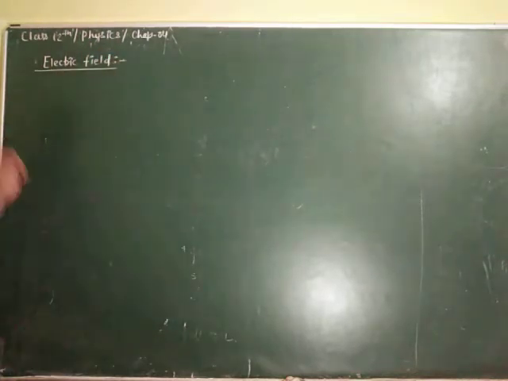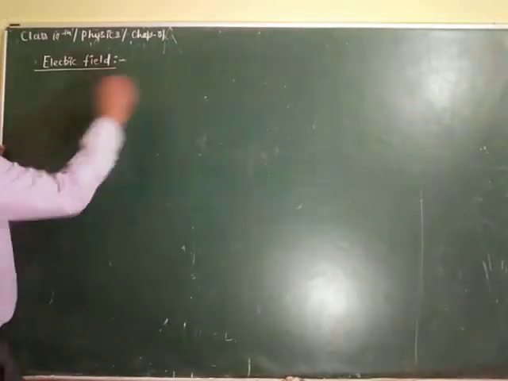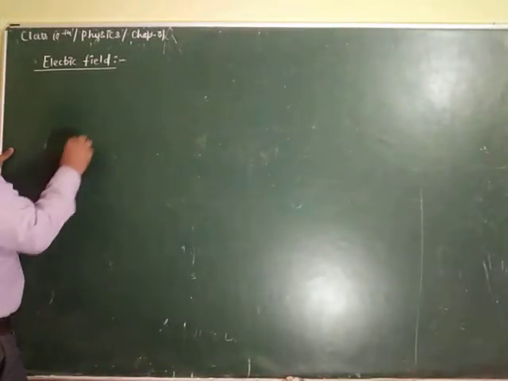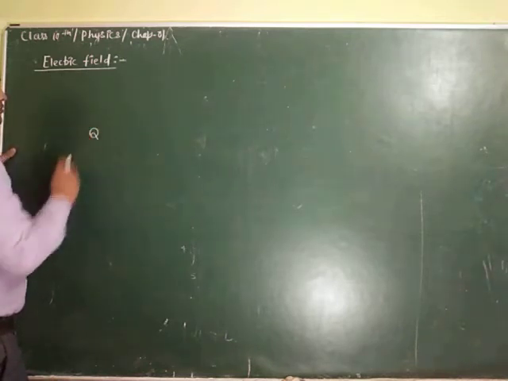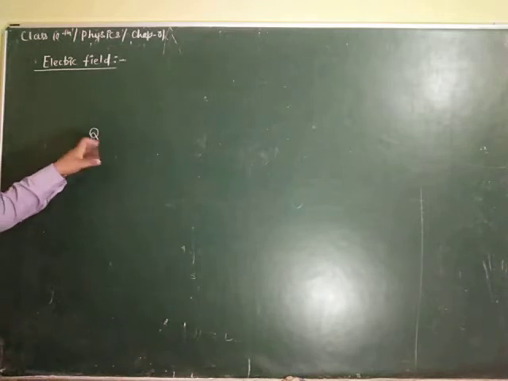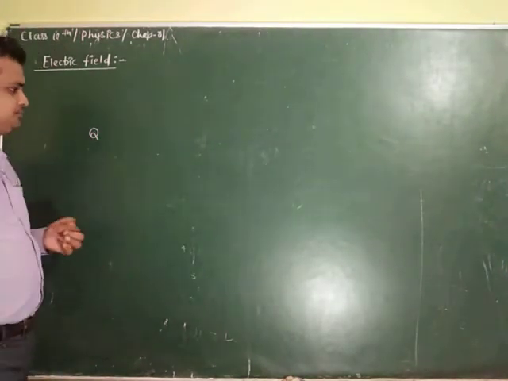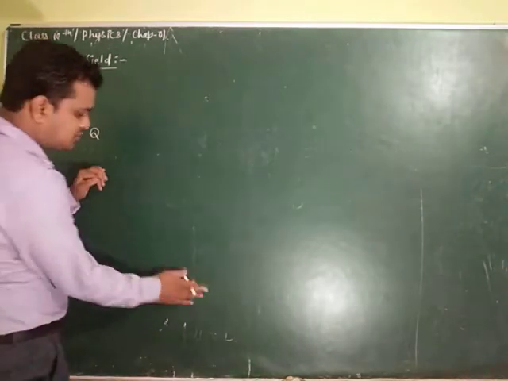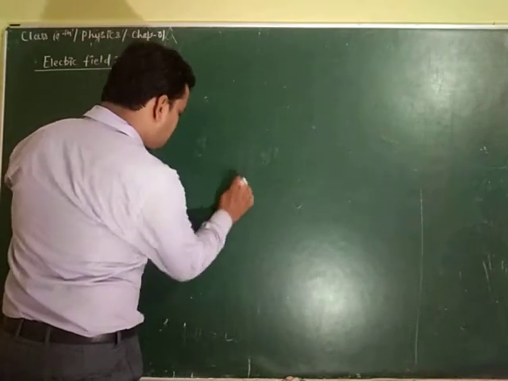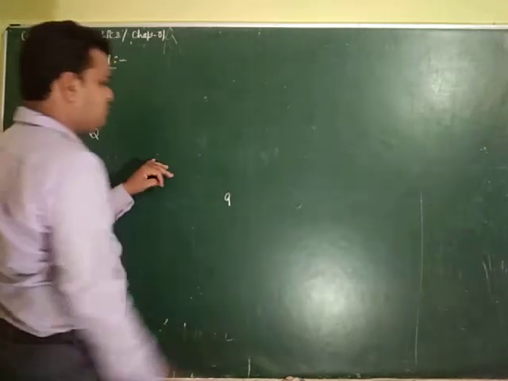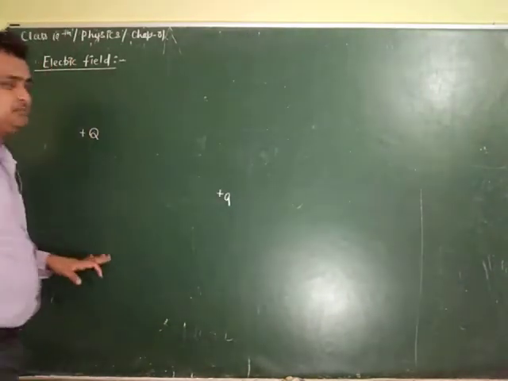What is the electric field? So first, consider a situation here. There is a charge Q. As you know, we represent a charge with Q. So let this be a Q here, and there is another charge also here, which I am making with a small q. Suppose this is positive and this is positive also. You can take the negative also.